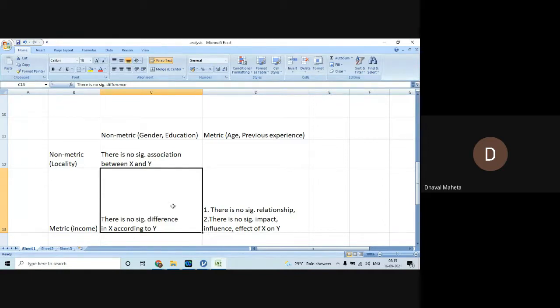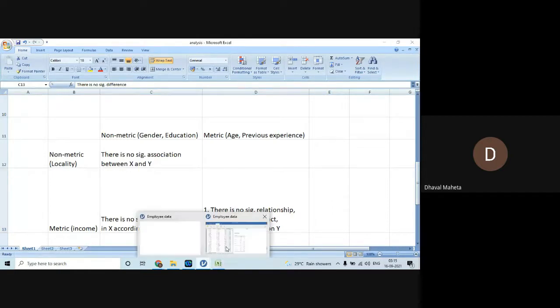The alternative will be: there is at least one pair in which the difference is significant.